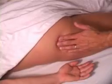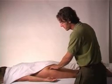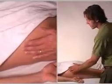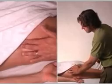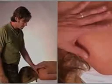The first spot is located posterior to the greater trochanteric prominence. Here. Another point is at the outer and upper quadrants of the buttocks, just on the anterior part of the gluteus maximus, here. The next spot is on the medial aspect